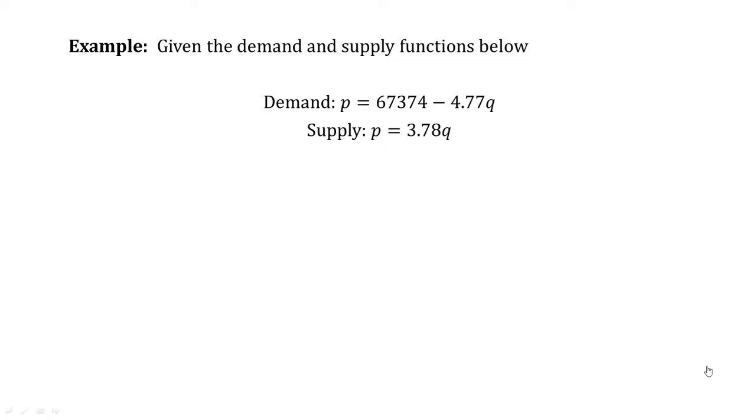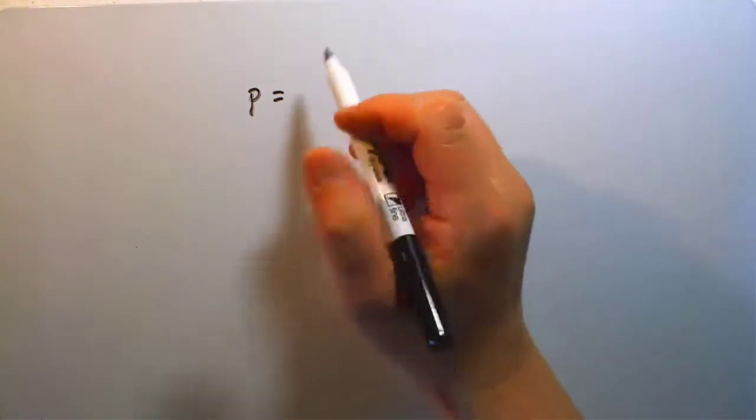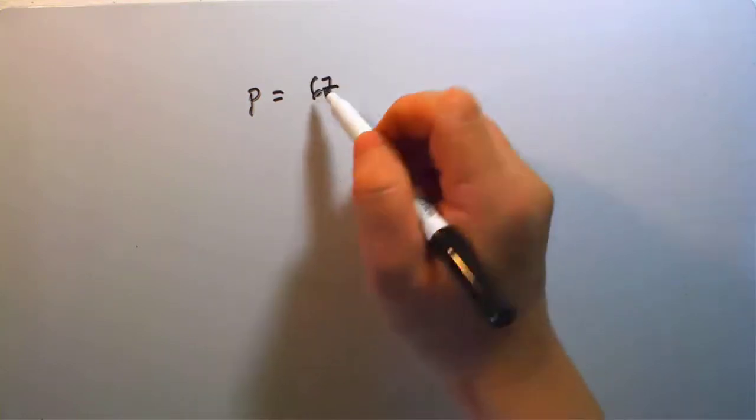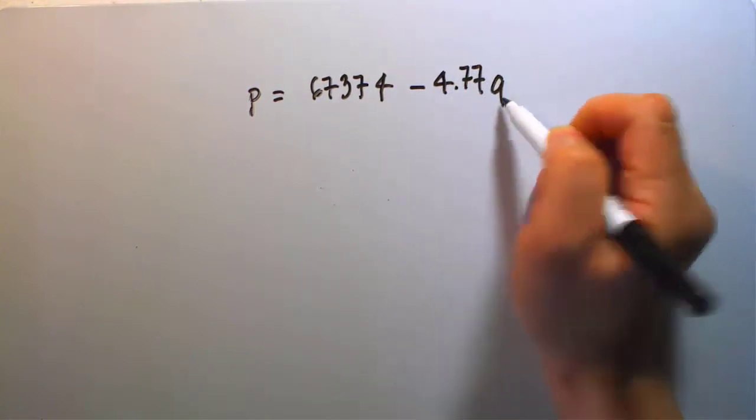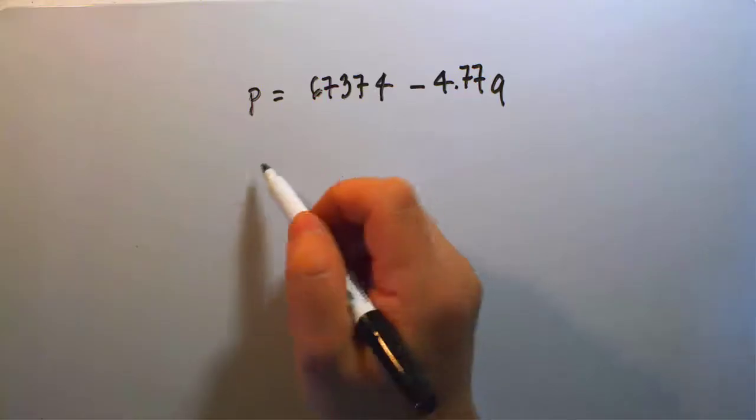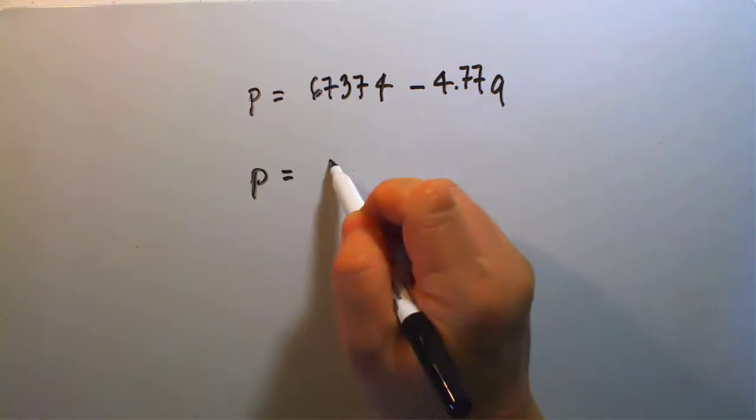And so now, after taking that understanding about demand and supply, let's look into one of our examples here and find out what kind of problem we can work with demand and supply. In my example here, let's say we are given the demand and supply functions below. The demand here, in this problem, is specified as a rule: P for price equals 67,374 minus 4.77 Q cubed. And then supply itself, P equals